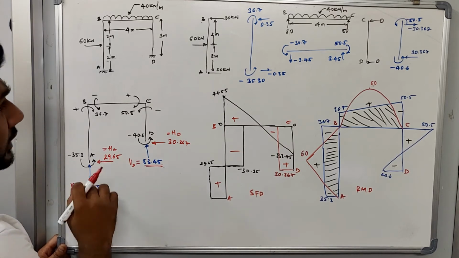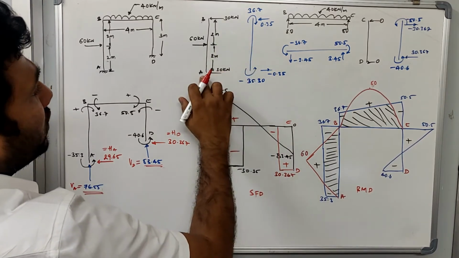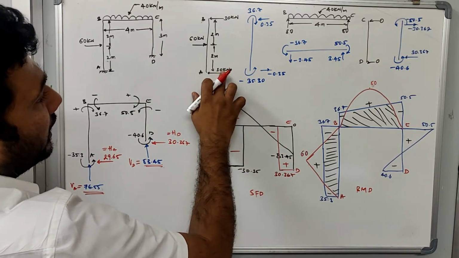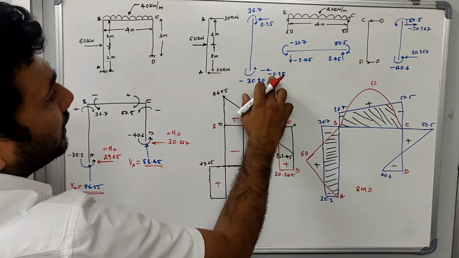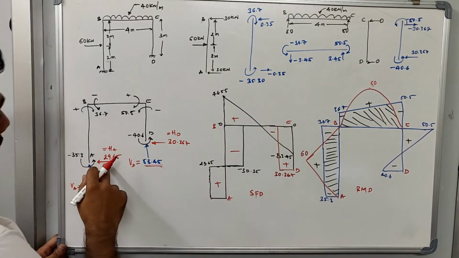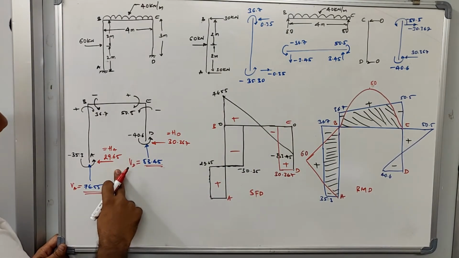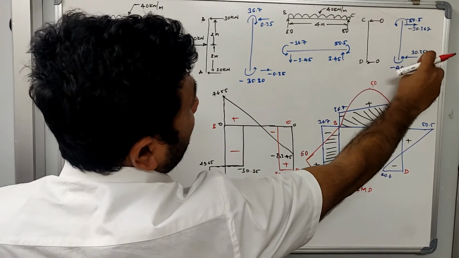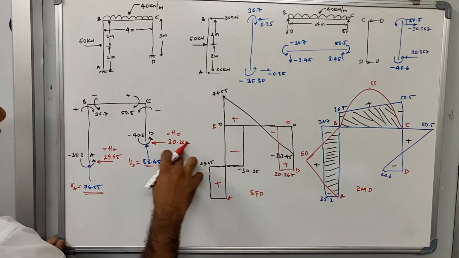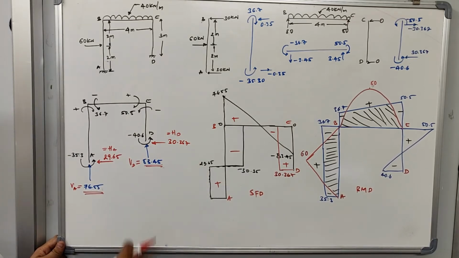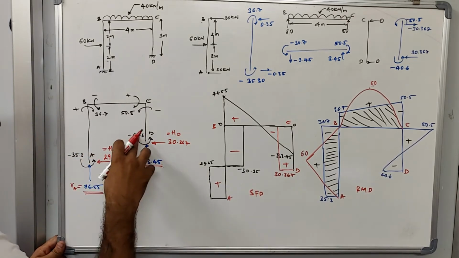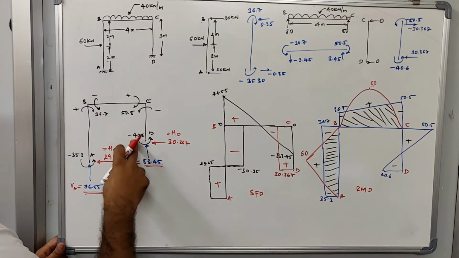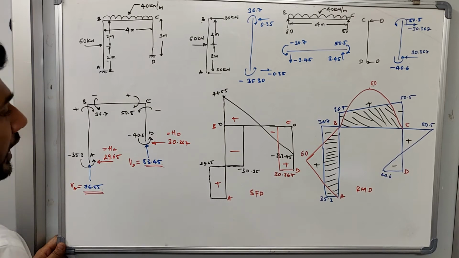You can calculate HA from this element. At joint A, from only external load, the reaction is 30 kN, so 30 minus 0.35 will give you HA. HA is equal to 29.65. As we know, at this joint we already calculated the reaction, which is 30.367. So 30.367 is HD. Now MAB and MDC are also written, which are minus 35.3 and minus 40.6, and these are the internal moments that I have achieved.